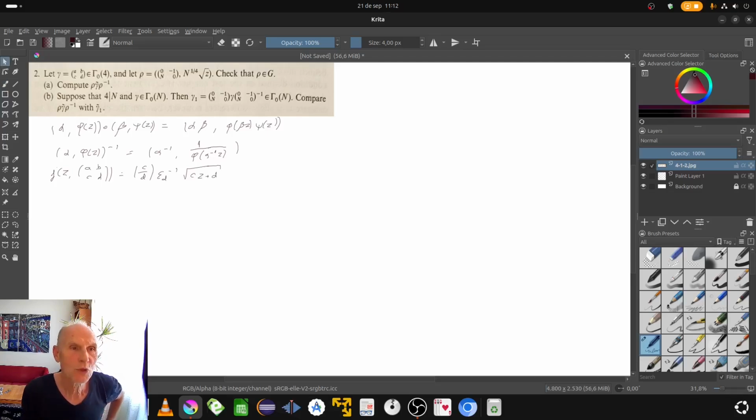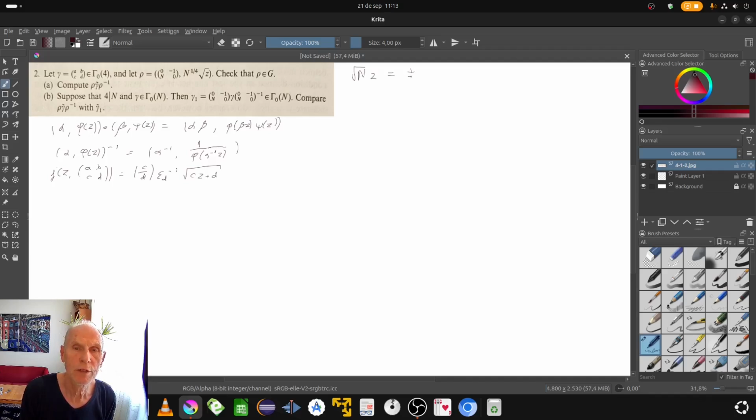Welcome to problem 2. It's very much like problem 1, so let's verify this first. N is an integer, of course, because 4 divides n. And that means we need to check that the square of the function